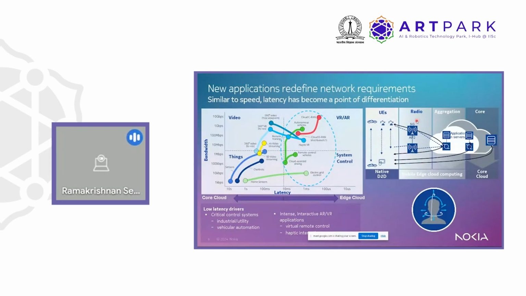So if you look at the right hand side, it is more like I am actually a UE, which is the user equipment or a mobile device. Now, this could be a haptic device, or a gyroscopic device or a headset. This movement that I'm talking about, left, right, up and down, needs to be communicated to the radio network, to the core network, to an application software, and then it has to be responded back within a span of, say, 20 milliseconds. 20 milliseconds is typically a number which we call motion to photon.